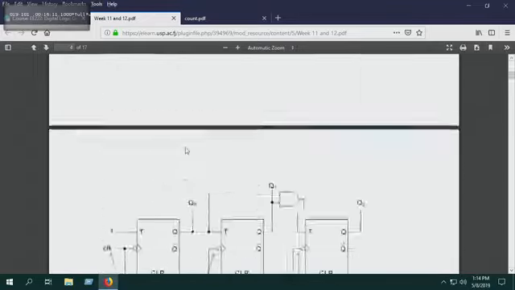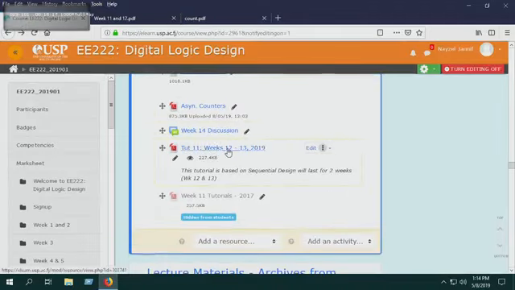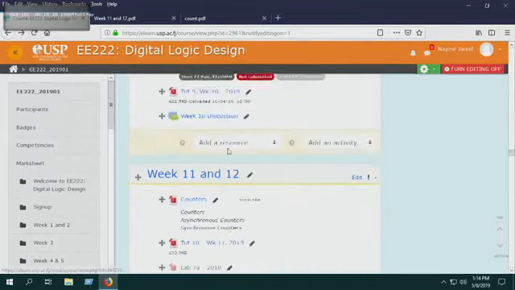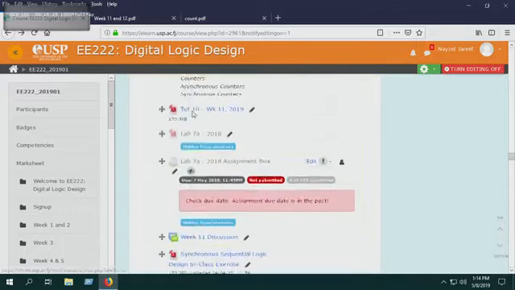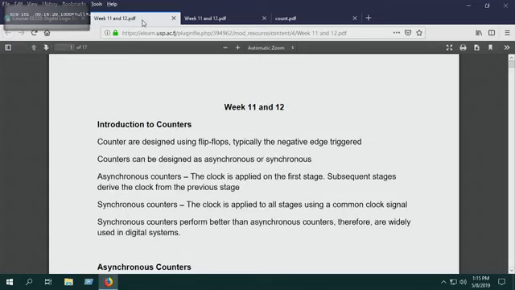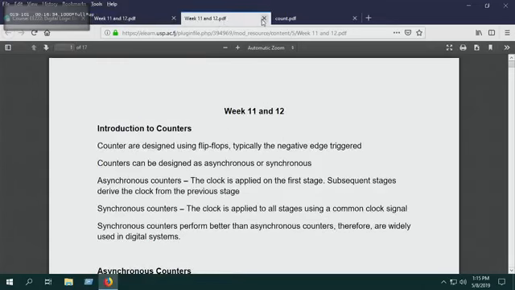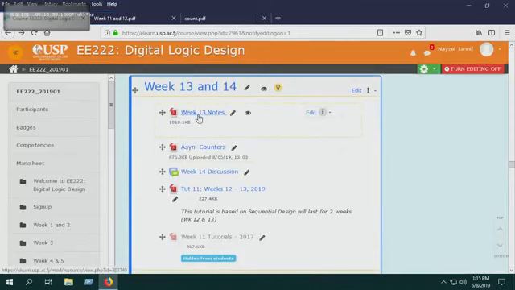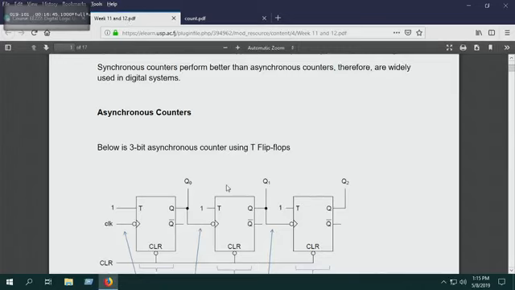Okay. It says week 13, eh? All right. Guys, I want you to... Where did week 13 notes go? Week 13, and what about week 11 notes then? Okay. Is this the same note? Okay, so the same note shows up in week 13 and 14 as well. Is that correct? Okay. All right.